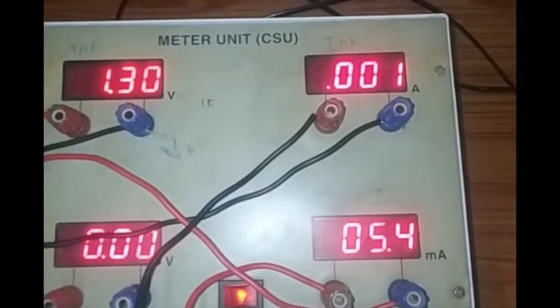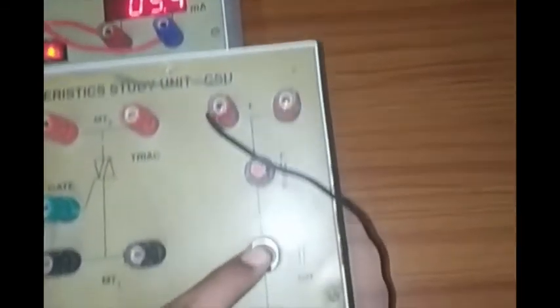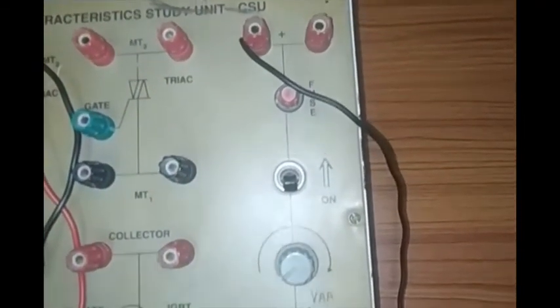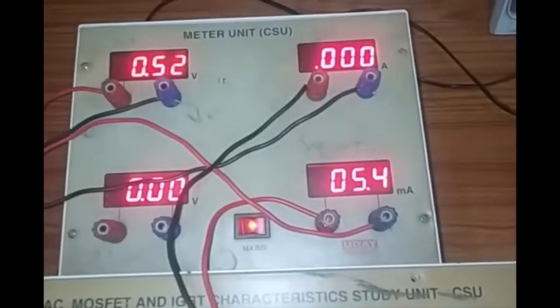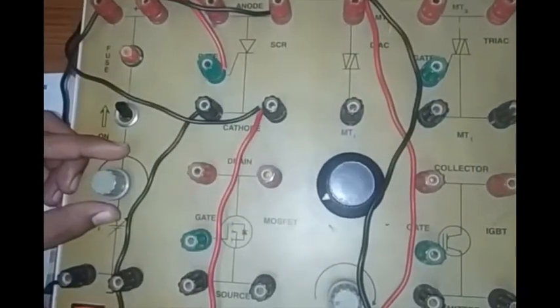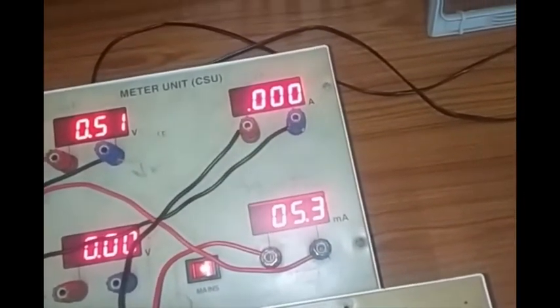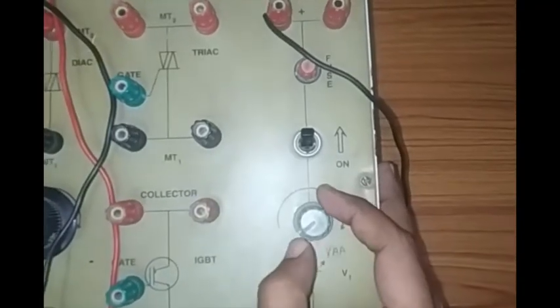See, sometimes what may happen is you may encounter this problem. So again you have to turn off this VAA and go back to the previous step. Then you have to adjust VAK, then turn on VAA.